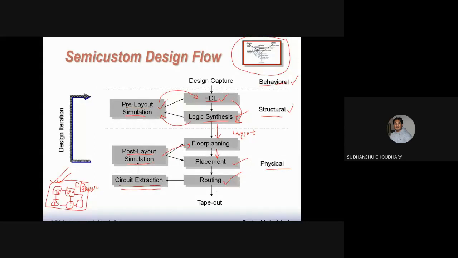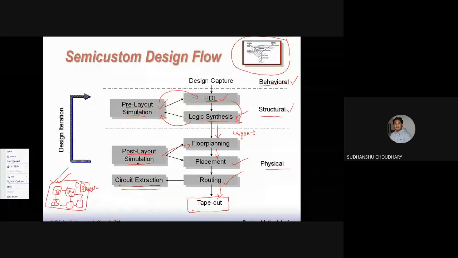Otherwise, if everything is okay and there are no timing violations, then the final layout can be sent to the tape out, that is, it can be sent to the foundry for fabrication. So tape out here means fabrication. Okay. So if there are no timing violations, one has to send it to the foundry for fabrication, right? So that is how this Y chart is important. As I said, the entire IC design flow or entire IC design process